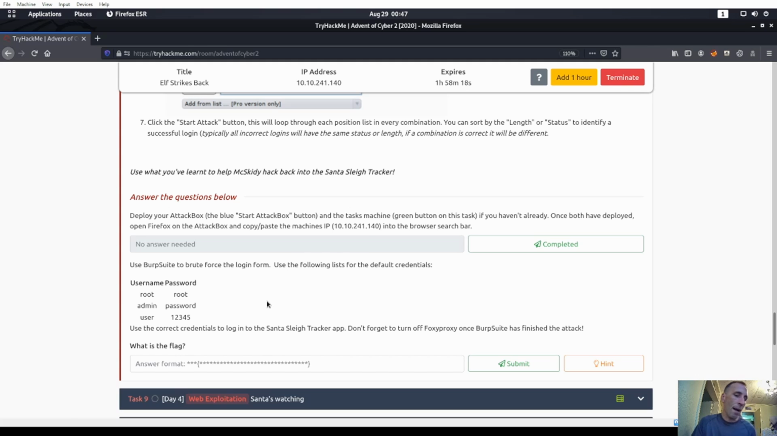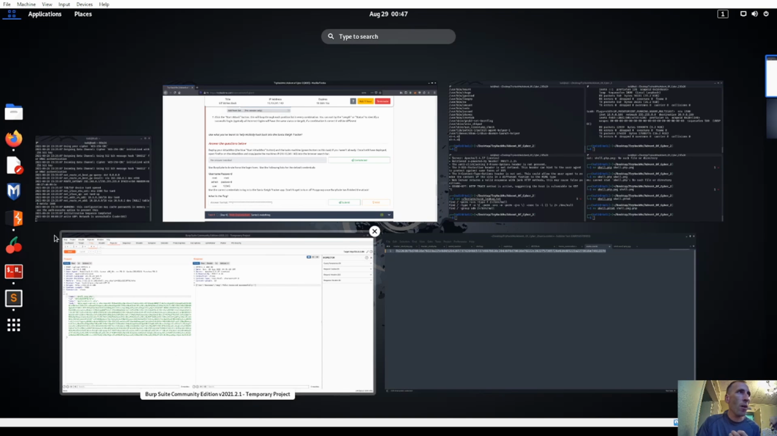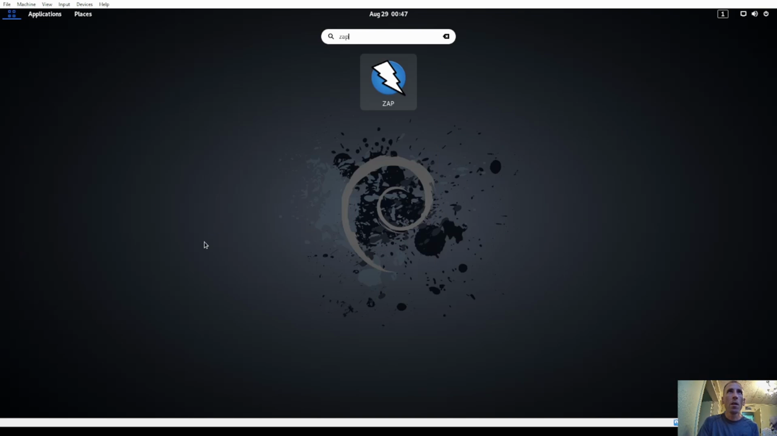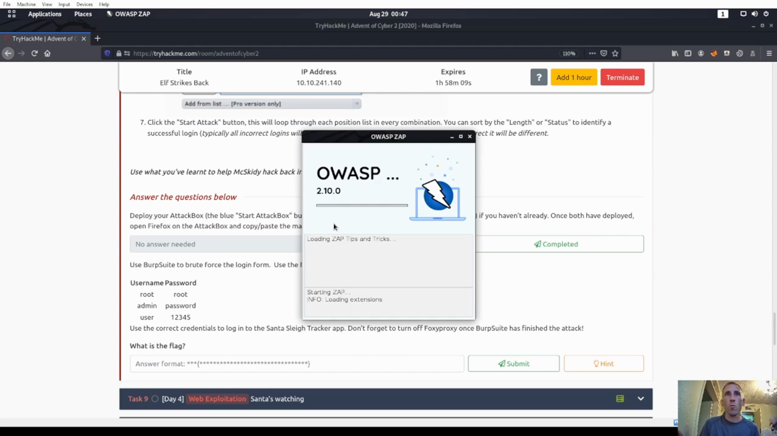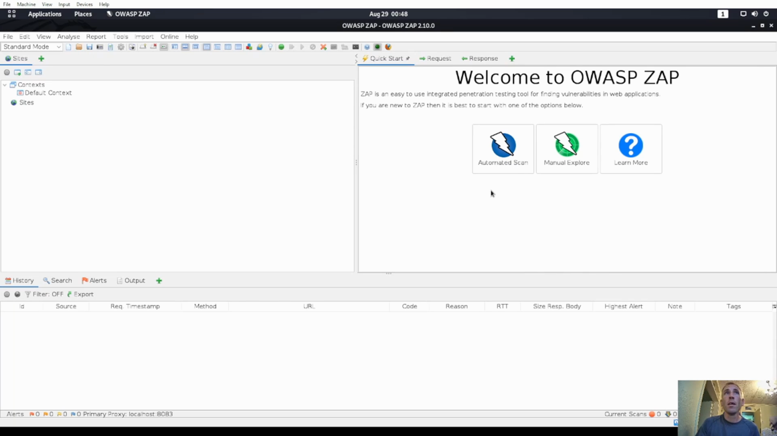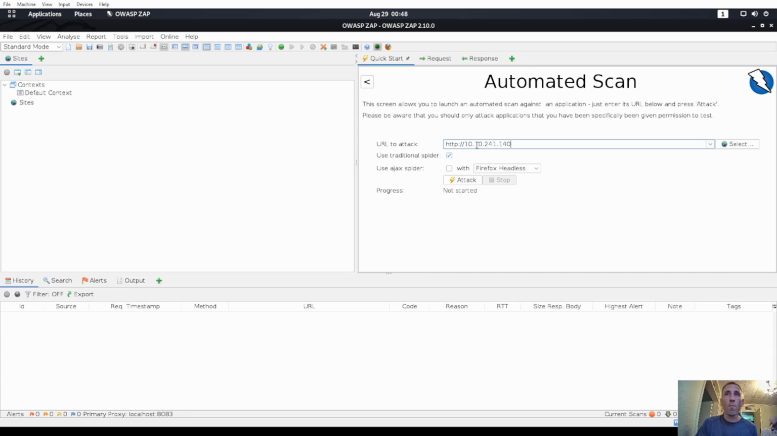We're going to use Zap because there's 1,000 videos on using Burp Suite. There's not many videos on using Zap, and Zap does not slow you down. Now, if you just let Zap auto attack, it is like a bull in a China shop. It just goes to town. But